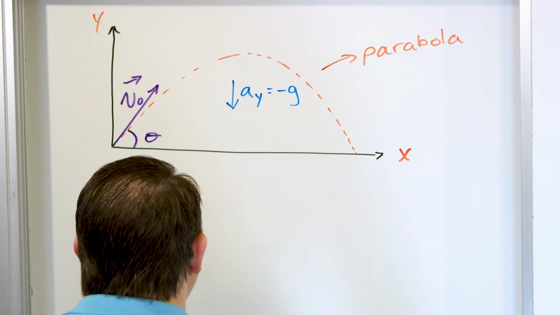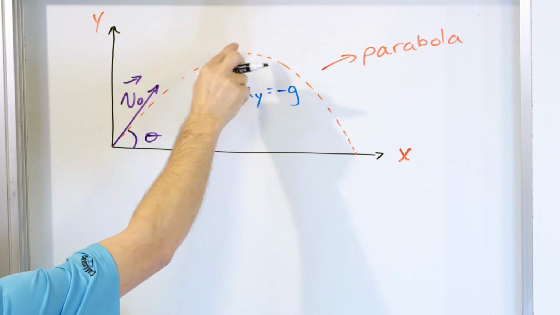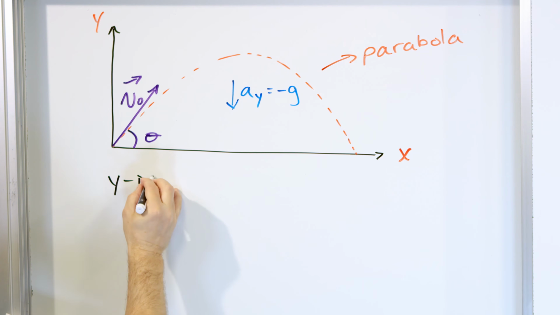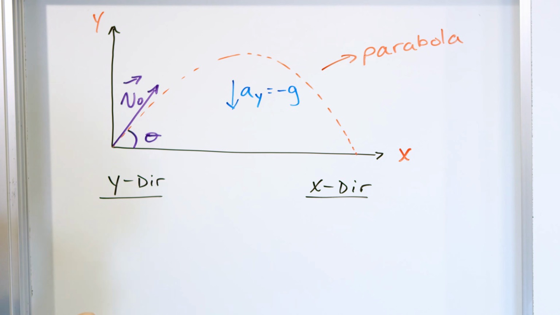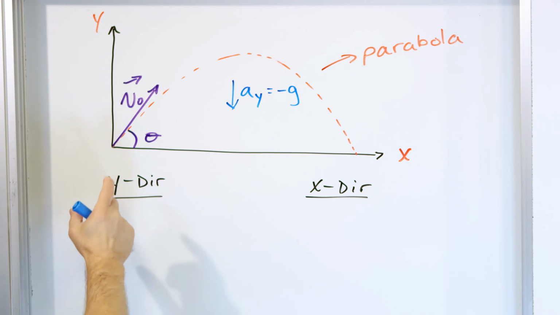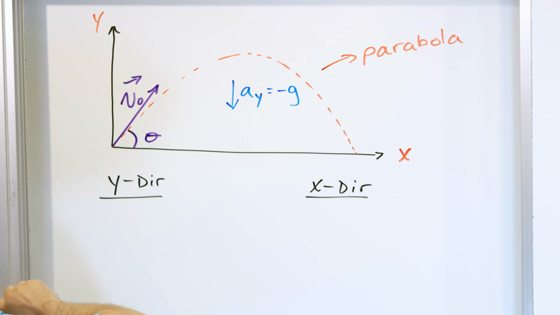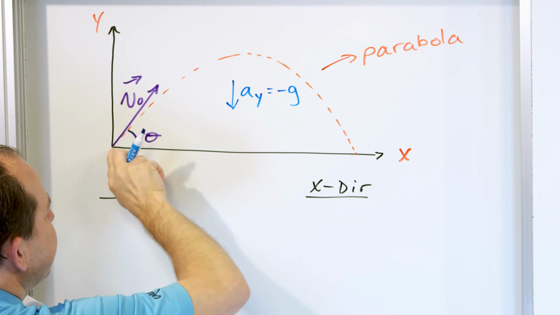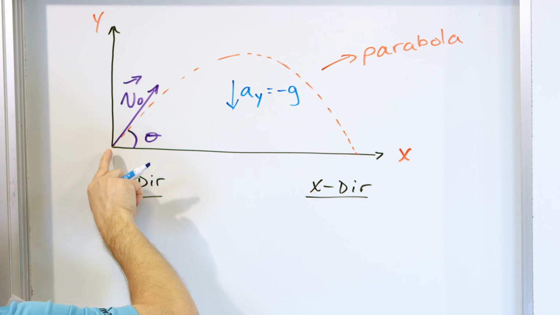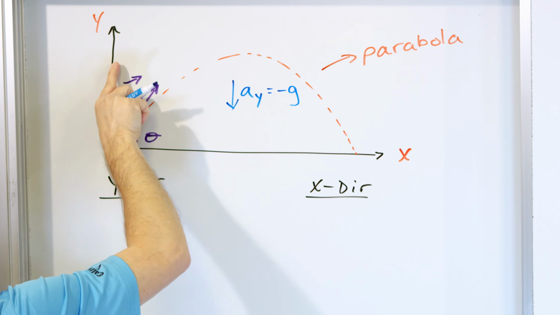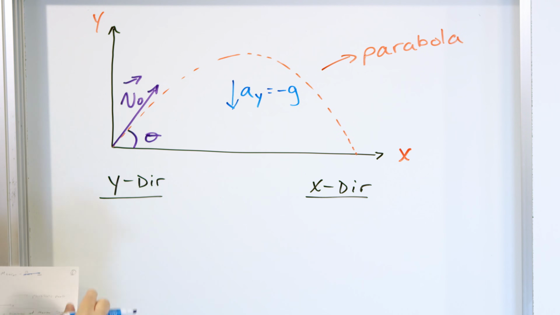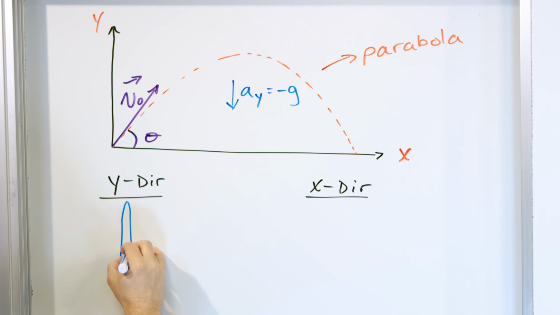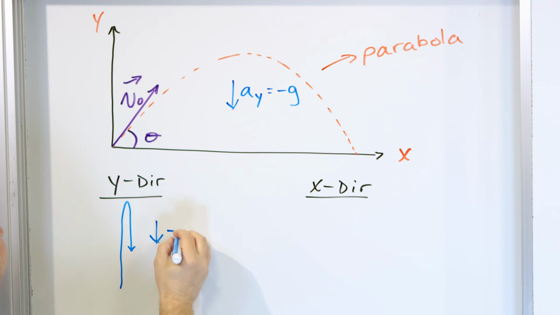To illustrate that a little more clearly, this motion, which is a curved path, we can break into the y direction of motion and the x direction of motion. So if you could put on a pair of glasses that only analyze the vertical motion, notice what's happening. If you ignore the horizontal and just look at the up and down, it travels up in the y direction until it reaches a maximum height, and then it turns around and begins to come down until it hits the ground. So if you could only look at the pure y direction, the motion goes straight up in the air and then turns around and goes straight back down, and we have the acceleration of gravity,